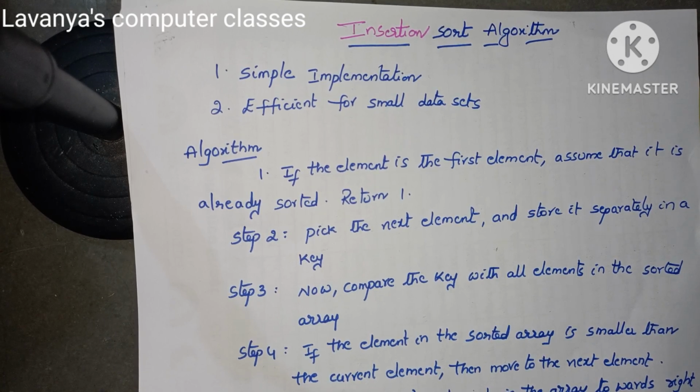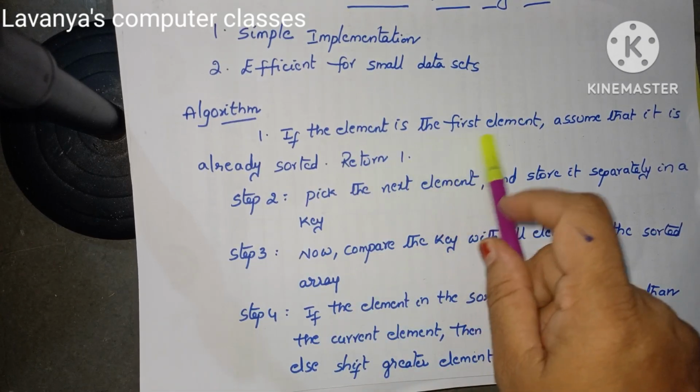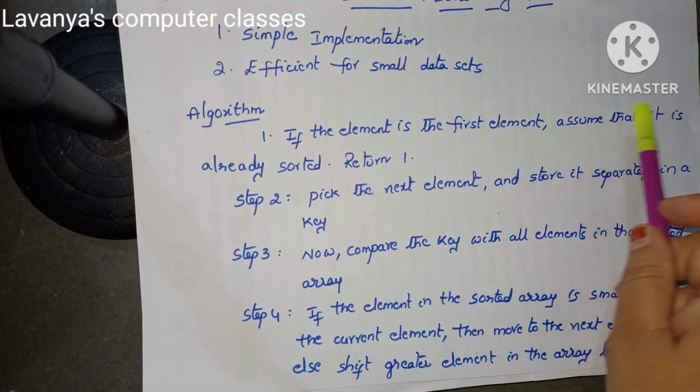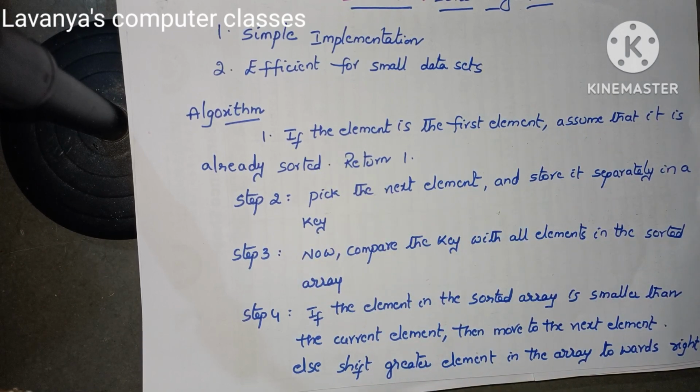So what is the algorithm? Here there are some steps. Step 1: if the element is the first element, assume that it is already sorted and return 1, because a sorting algorithm means all the elements are arranged in order. For that we have to take some set of elements and start comparison. In this, first we take the first element. For the first element, it is not necessary to compare with any other elements, so we take it as being in the ordered